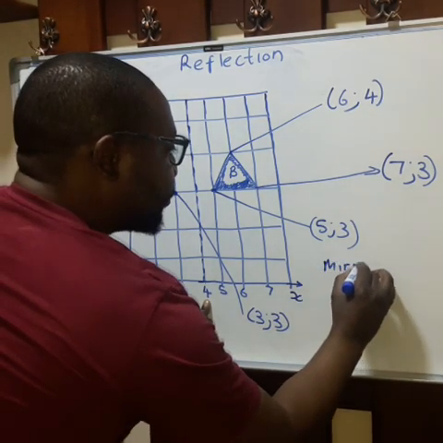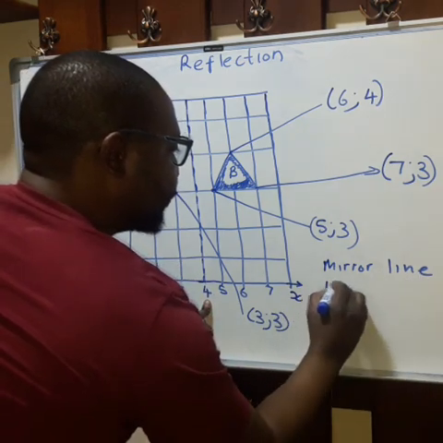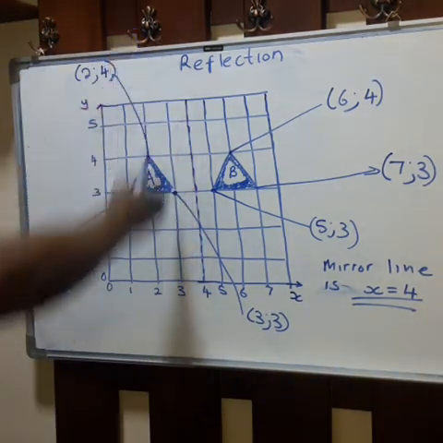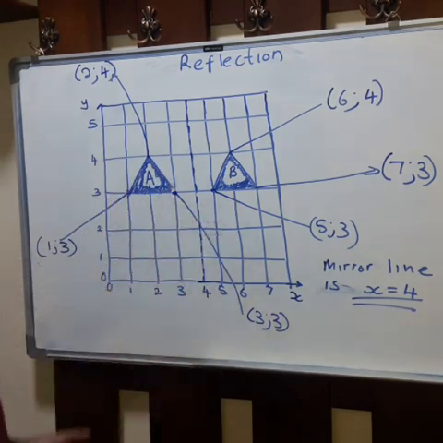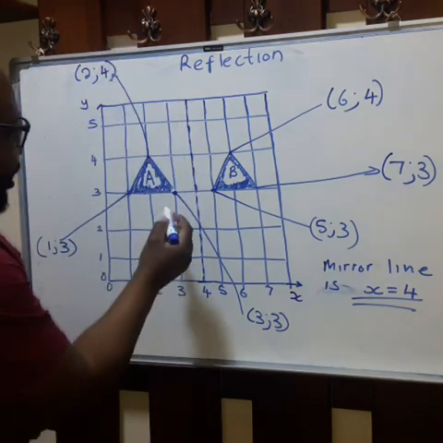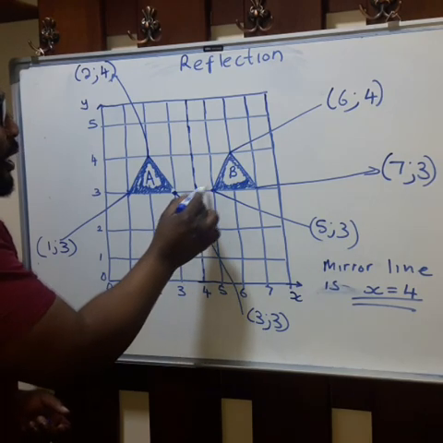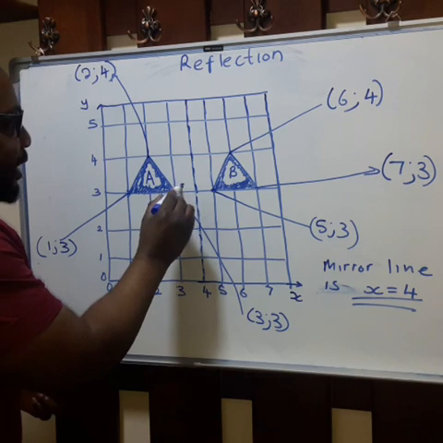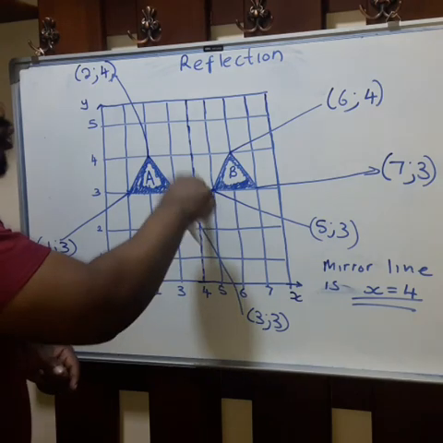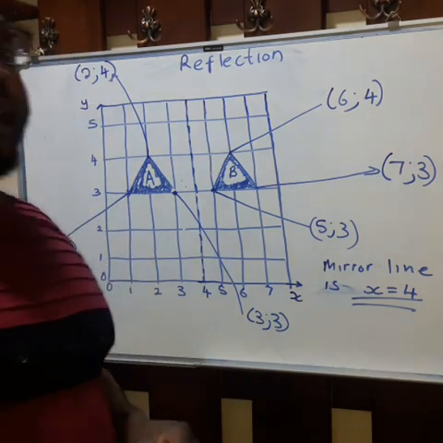So the mirror line is x equal to 4, okay? So basically, this is how you describe this kind of movement: reflection along x is equal to 4. Remember, the distance from this point to the mirror should also be equal to the image, okay? So if this is 3 centimeters, this other side, the right side after the mirror, must also be 3 centimeters. So always take note of that. So basically this is what we refer to as reflection.